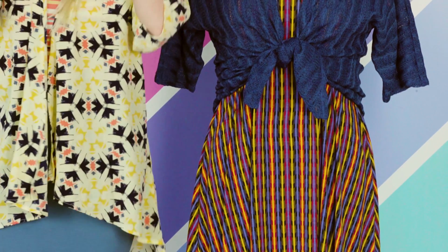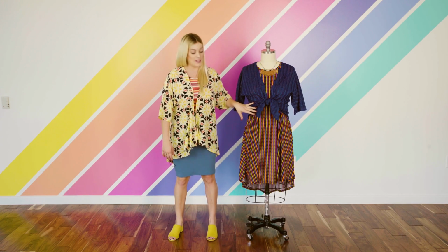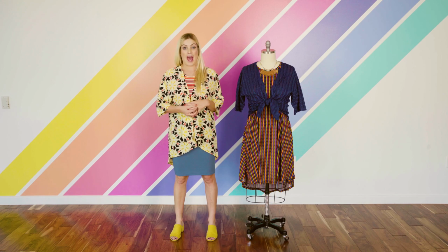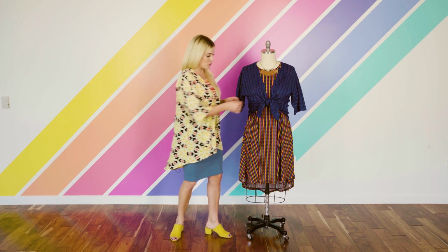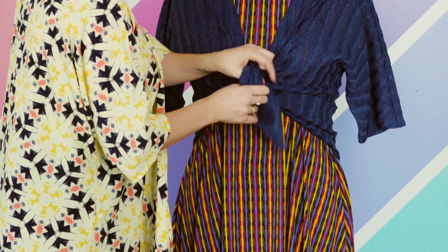Alrighty. So here we have our size 16 mannequin. So we have a size large Carly and a Lindsay Kimono tied in the middle. So this is a really, really simple way to add a little pizzazz to your outfit. So I'll show you this down. And as you can see, this is one of our knitted